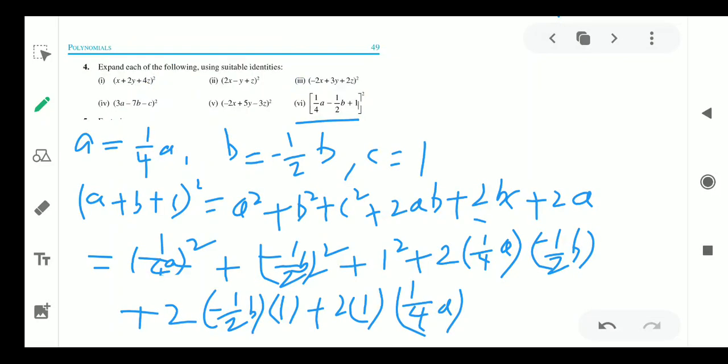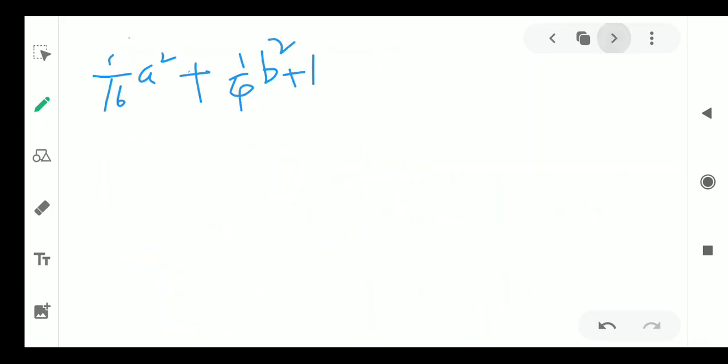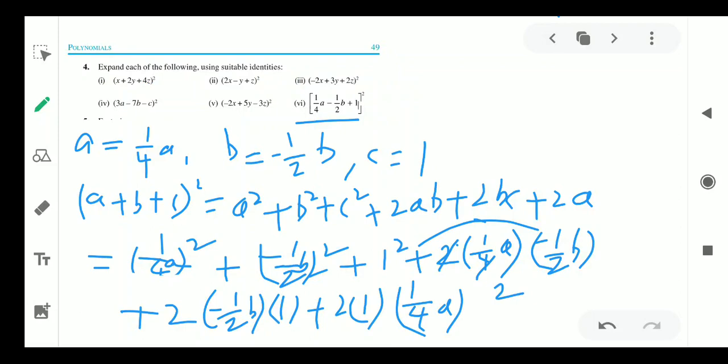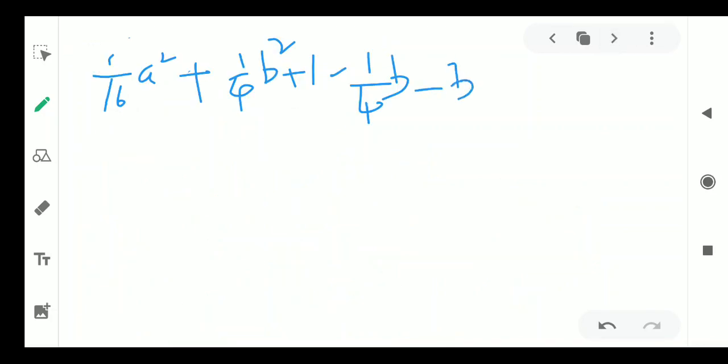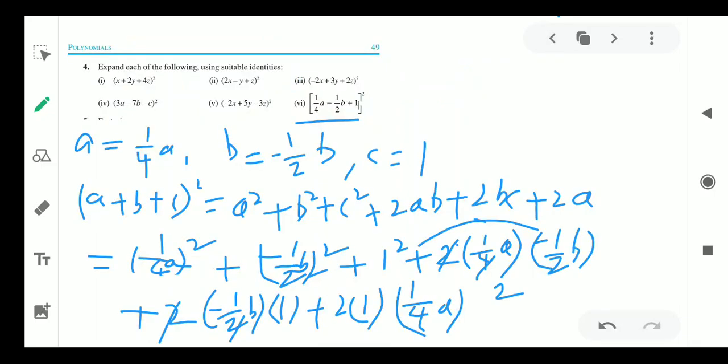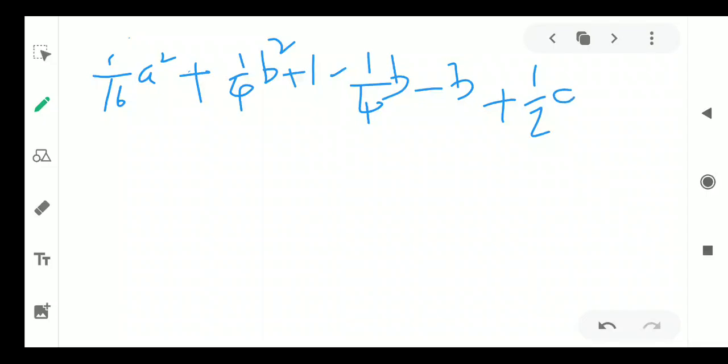Next term, here cancellation. 2 ones are 2, 2 twos are... so here plus into minus becomes minus. 1 one is 1, 2 twos are 4, so −1/4 b will come. See the next term. Here also the 2s get cancelled, so plus into minus, 1 into b, b into 1, so −b will come. Next is the last term: 2 ones are 2, 2 twos are... so 1/2 a. So this is plus 1/2 a.